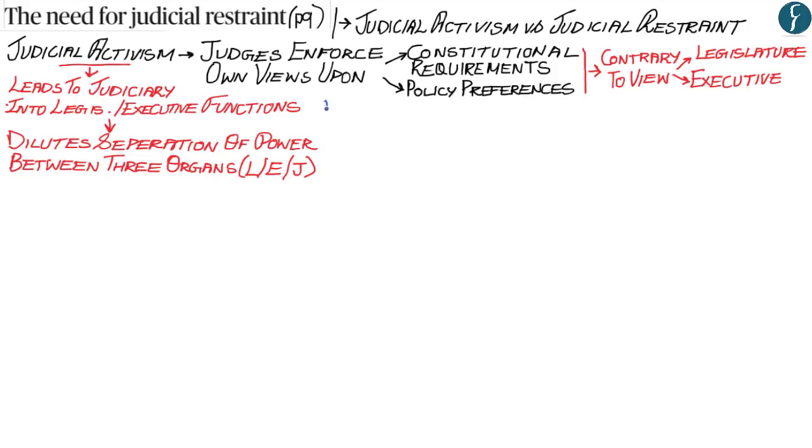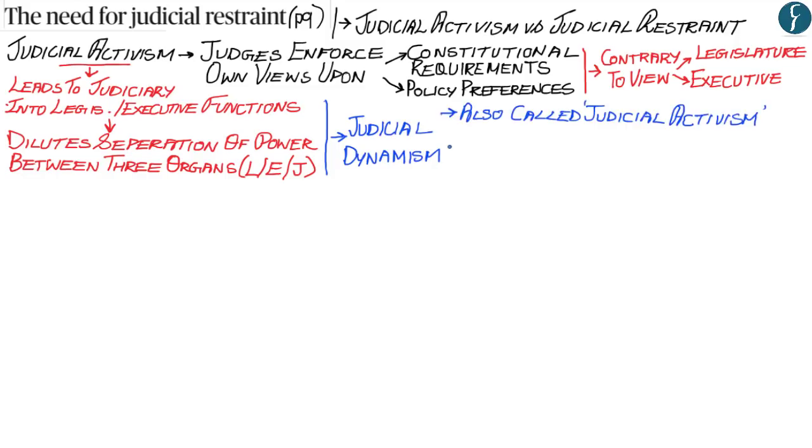Now, after understanding about judicial activism, it is also important to understand about the concept of judicial dynamism. In simplest of terms, judicial dynamism is basically putting positive attributes to judicial activism, or trying to define judicial activism in a positive manner. Now, under judicial dynamism, the judiciary plays a proactive role in the protection of the rights of the citizens and the promotion of justice within the society.